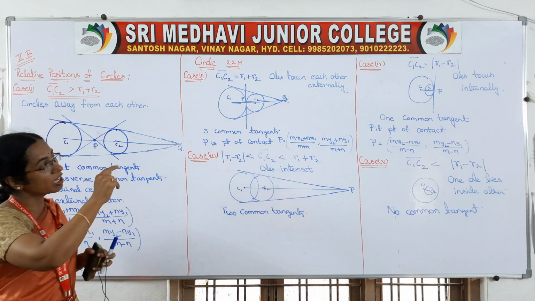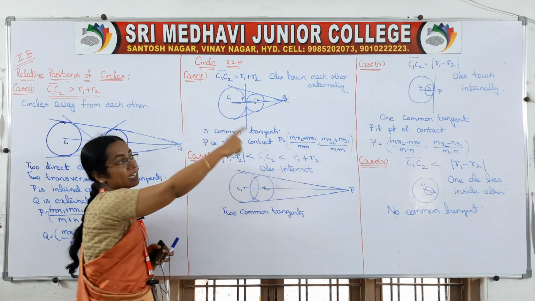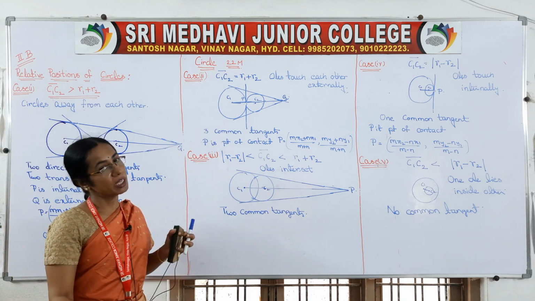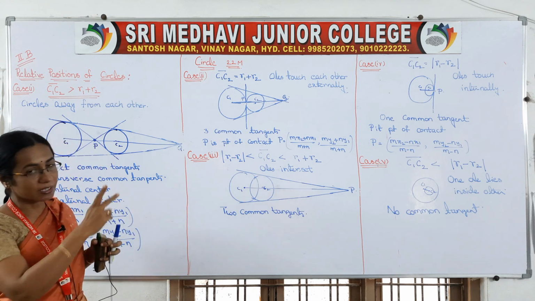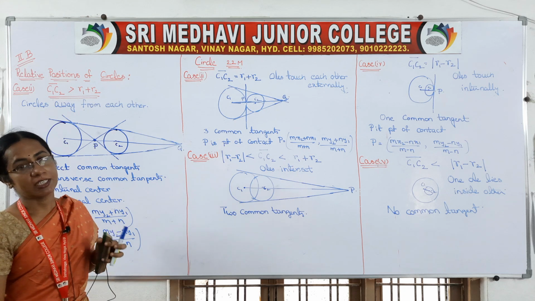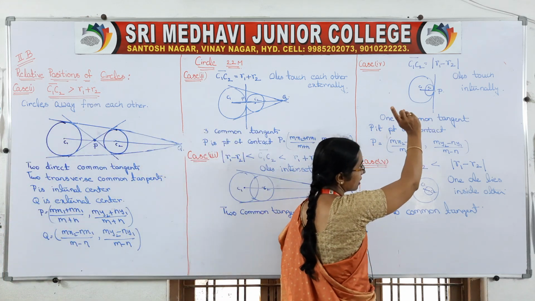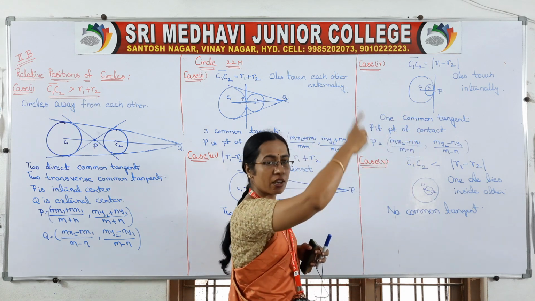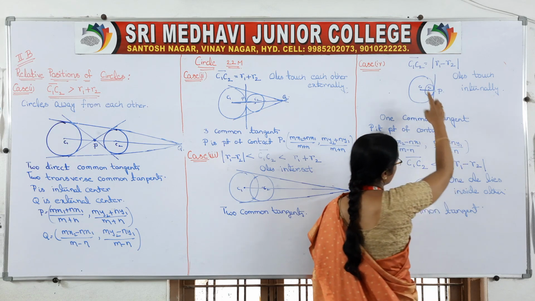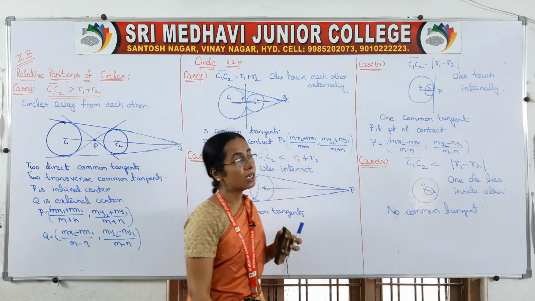So if they touch externally, your point of contact is the internal center. If they touch internally, your point of contact is the external center. Be careful, okay? So reversely it will be there. By diagram you can see the point, okay? So how many common tangents will be there? If the circles touch internally, only 1 common tangent we can take. At the point of contact, we can take 1 tangent. That is the tangent for both. Common means tangent for both the circles.